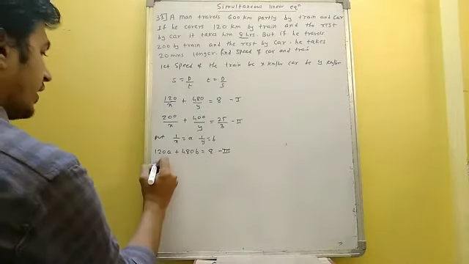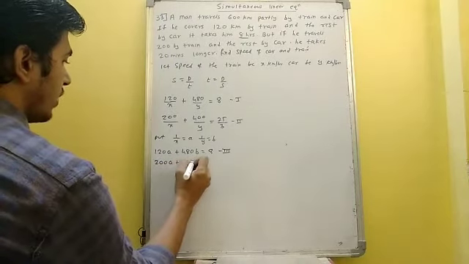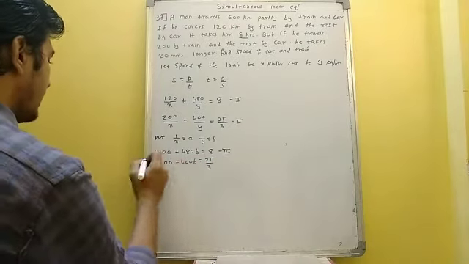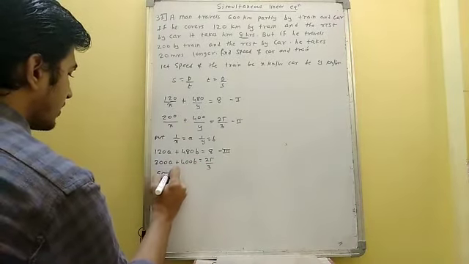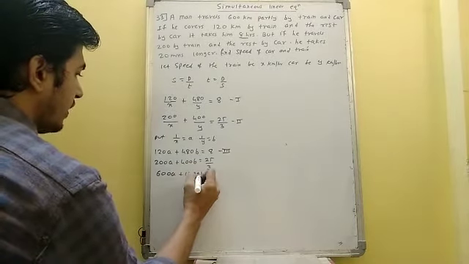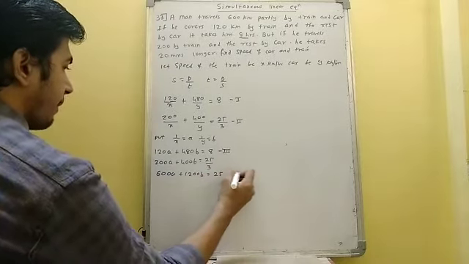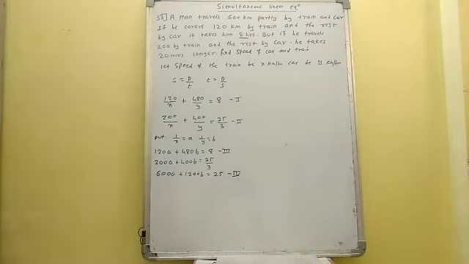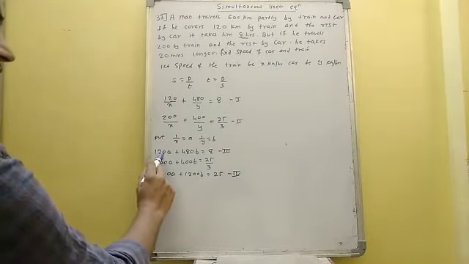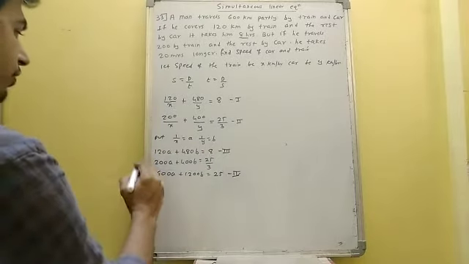And over here, 200a plus 400b is equal to 25 upon 3, where the 3 will go that side and it will become 600a plus 1200b is equal to 25. Okay, so we have 600. Can I bring 600 over here? Yes, 12 fives are 60, so it will be 600.